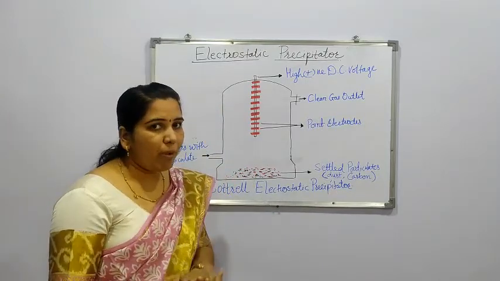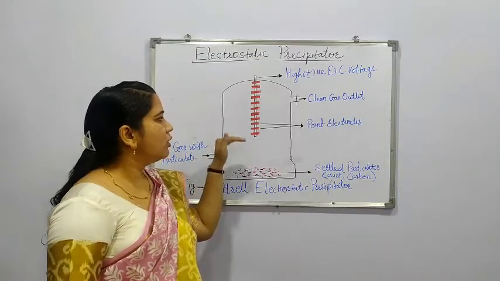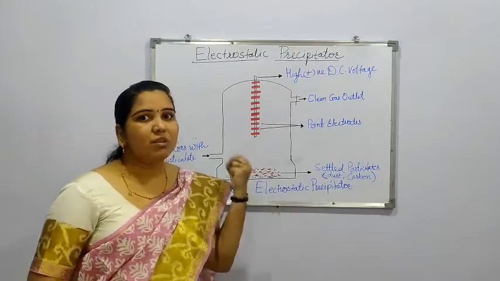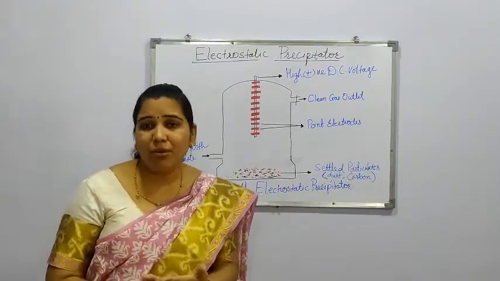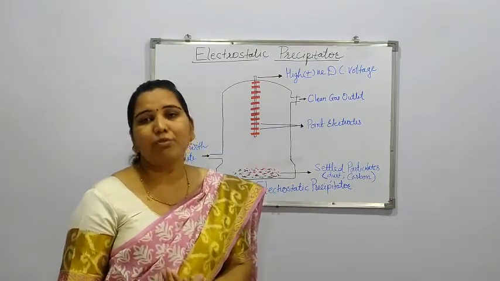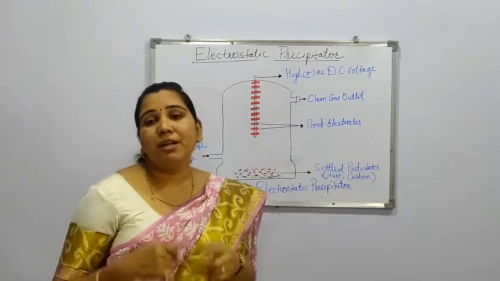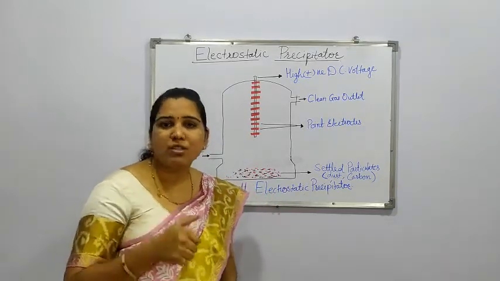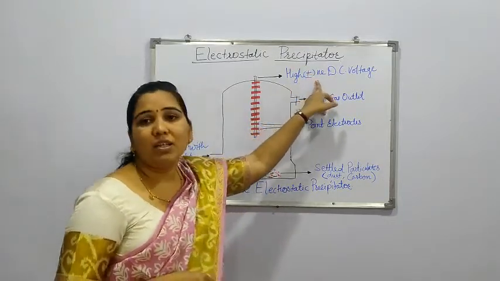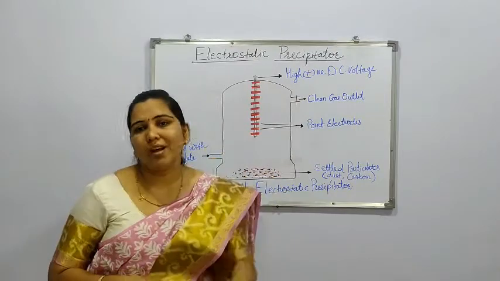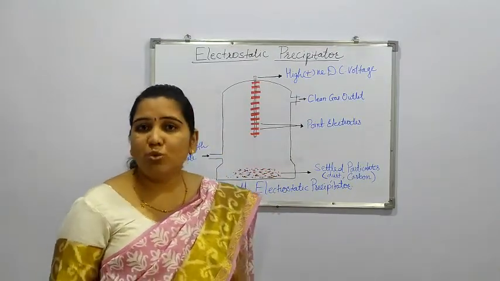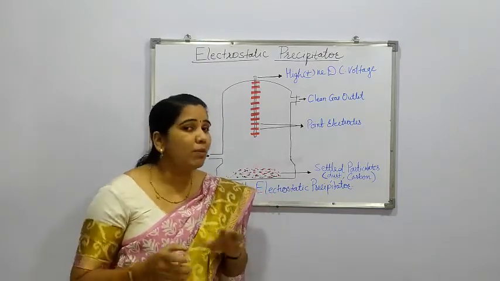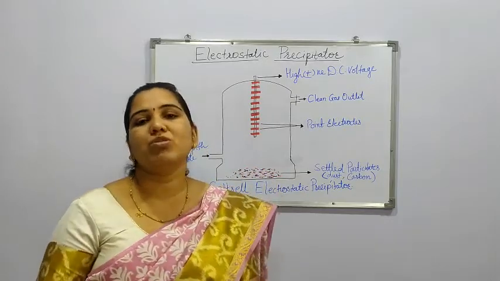One drawback we can mention is that whenever the gas comes in contact with these point electrodes, during the process of ionization or after burning, if oxygen is present there, it might form O positive ions, which ultimately give poisonous ozone gas. Another thing is that at first, because of the use of high DC voltage, we will require more initial cost. If these two things are ignored, there is no problem at all in using this type of electrostatic precipitator.